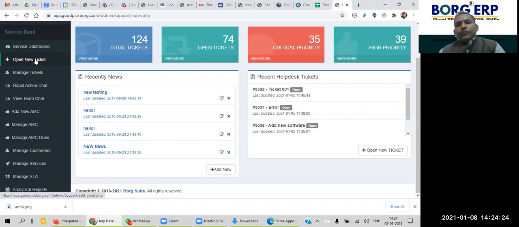So the questions always remain unanswered. In fact, I'm not saying that the support team does not work, but the support team is also unable to track themselves. They don't have any SOP, standard operating procedure, in place.